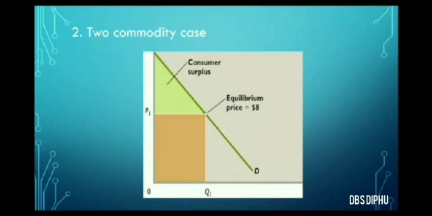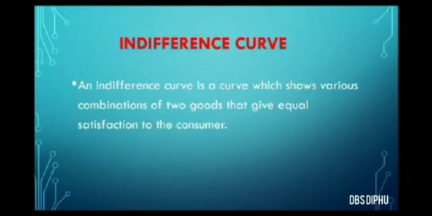Next, indifference curve. The indifference curve technique was presented by Hicks and Allen to explain consumers' behavior. An indifference curve may be defined as the locus of combinations of two commodities which give the same level of satisfaction to the consumer. An indifference curve is drawn from an indifference schedule of the consumer. An indifference schedule is a list of various combinations of two commodities that are equally acceptable to the consumer, therefore the consumer is indifferent between different combinations.